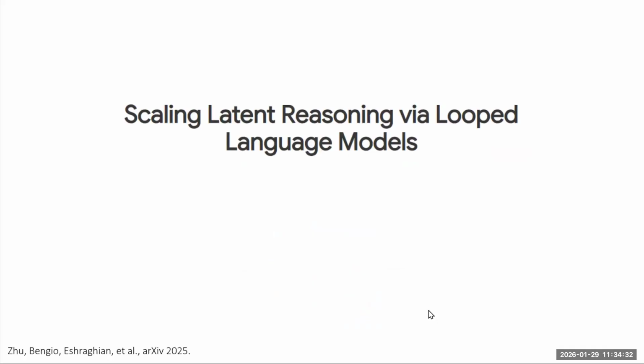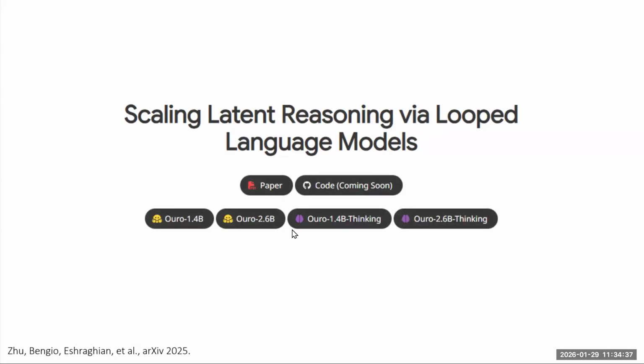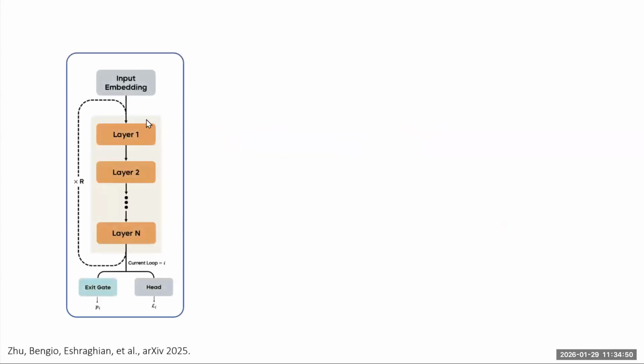We recently released this model called Scaling Latent Reasoning via Looped Language Models. There are a few open source models that we've released, 1.4 and 2.6 billion parameters, available on Hugging Face with thinking versions. How does it work? What's the deal? On the face of it, I can express this very simply, I think. You take your input token, pass it through your model, just as per usual. A regular transformer will then go to the next token.